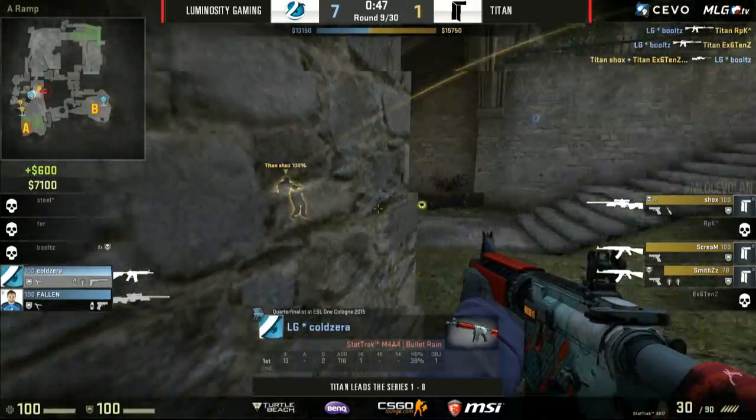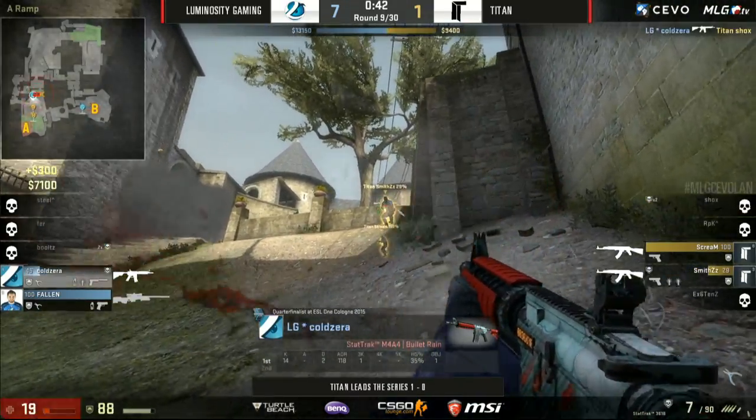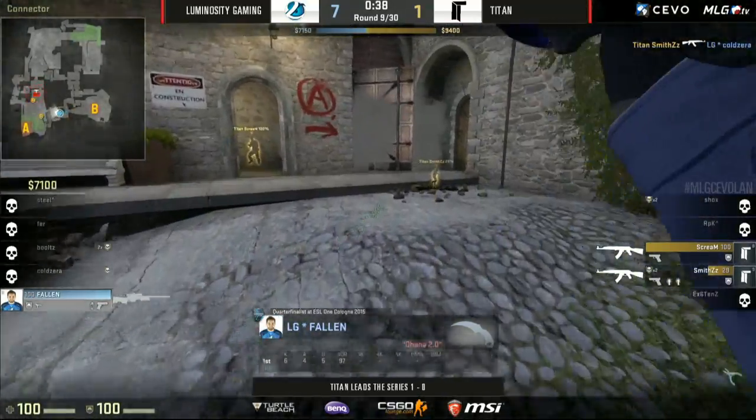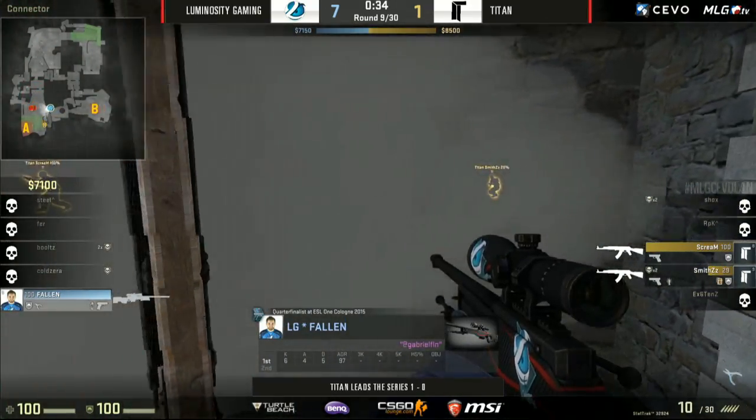Bolts is able to get 2. Shox goes down. And did they spot Cold on the death cam? Absolutely not. He takes the bomb away from them yet again, turns back, tries to find Smiths. And the trades, they just don't stop. And in the end, it does, fortunately, for Titan's sake, favor them by 1,